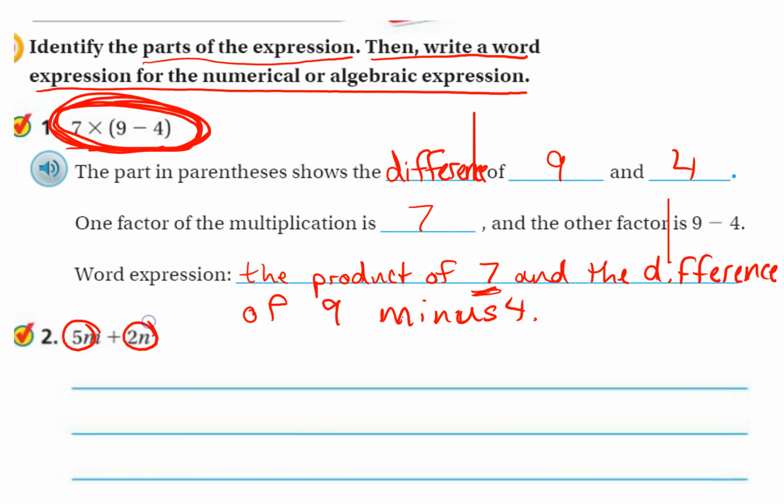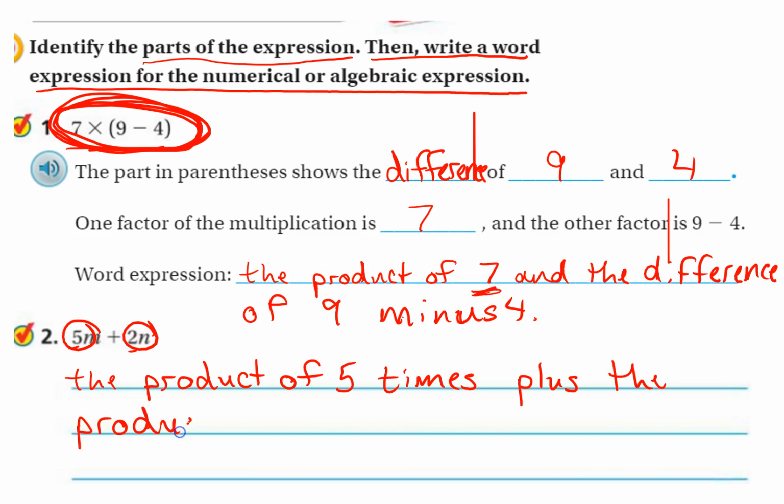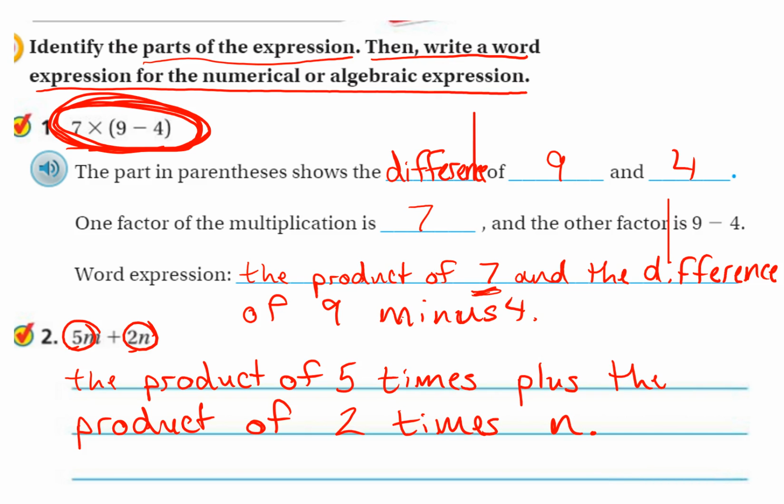Okay, we have 2 terms. We have 2 coefficients, 5 and 2. So we need the product, because 5m means 5 times m. So we need the product of 5 times m plus the product of 2 times n. Now let's see if that works. Let's go back now with a fresh set of eyes and think, okay, if I was just reading this, what would I write? The product of 5,